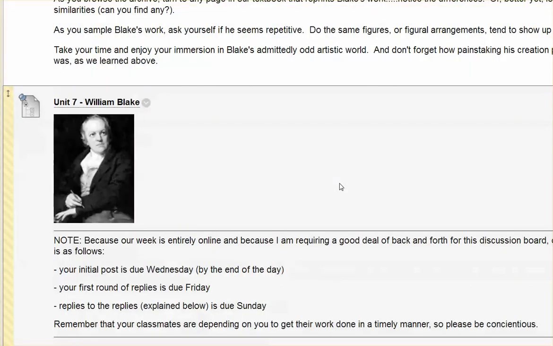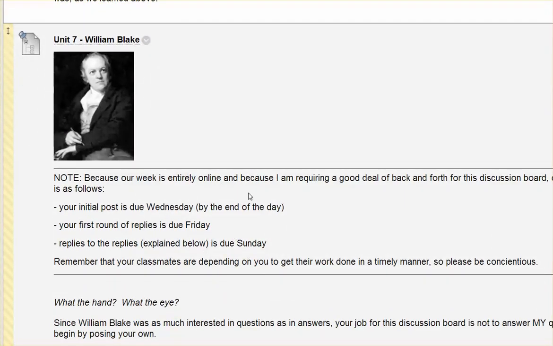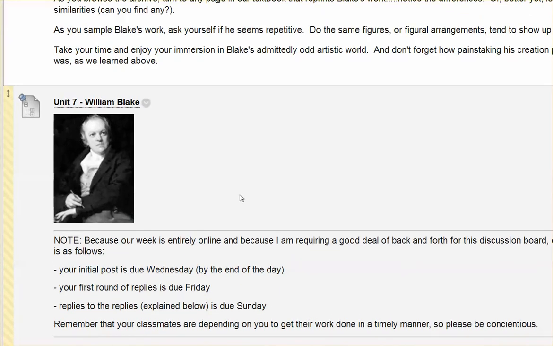And then, as I mentioned in class, a slightly more complicated discussion board here where you are both posing questions, responding to questions, and then responding to those responses. So William Blake, like so many romantics, was very interested in that interrogative mode, the question-asking mode, not so much the declarative, this is what I'm doing, justify the ways of God to men, along that Miltonic line. Blake himself was deeply influenced by Milton.